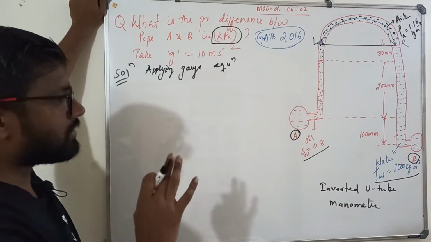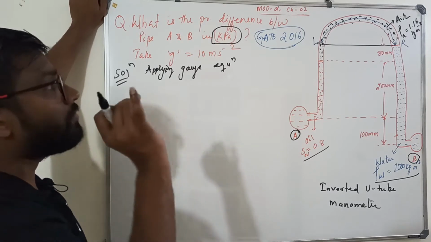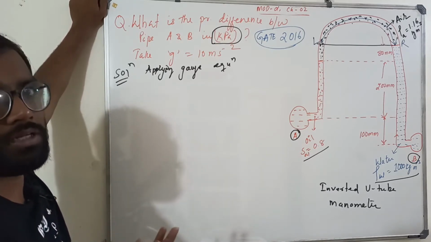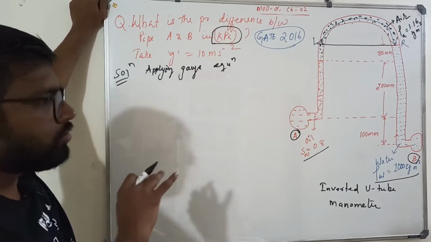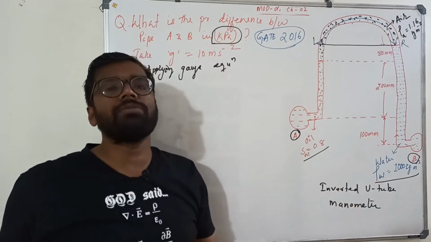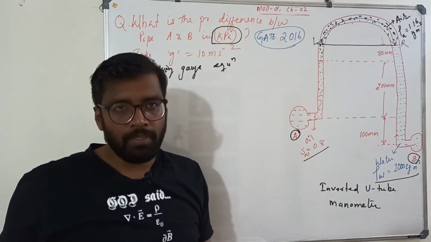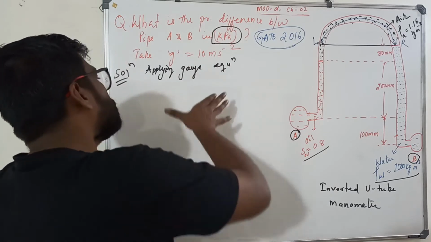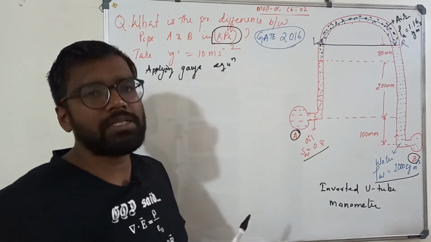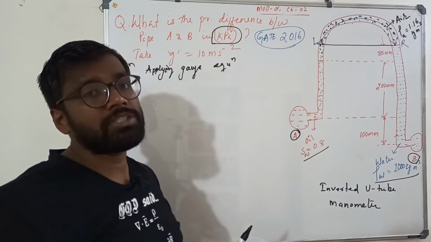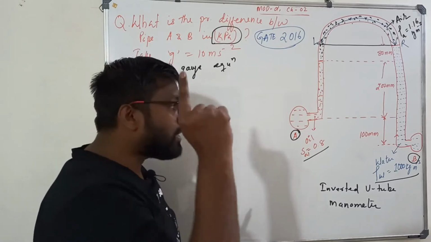Simply, you got the answer, don't type that. See, suppose the answer is 4 kilopascal, but you got 4000 and you typed 4000. The answer is wrong. GATE is very smart. They ask in terms of kilopascal, not in terms of pascal. So from here we know the answer is in kilopascal. We'll make sure our answer comes in pascal, then we'll convert into kilo. Pascal is which unit of pressure? Sir, SI unit of pressure.